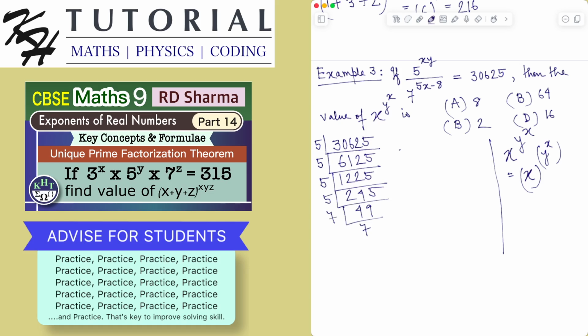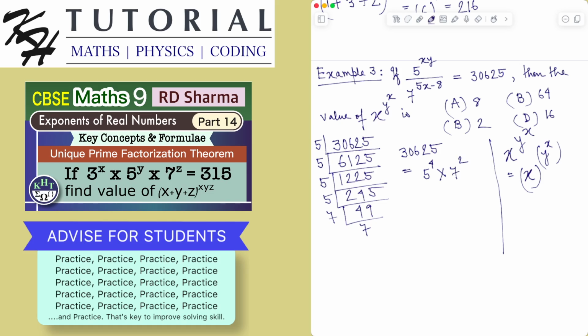So the prime factorization of 30625 is 5 to the power 4 multiplied by 7 square. Now in the given equation we have to